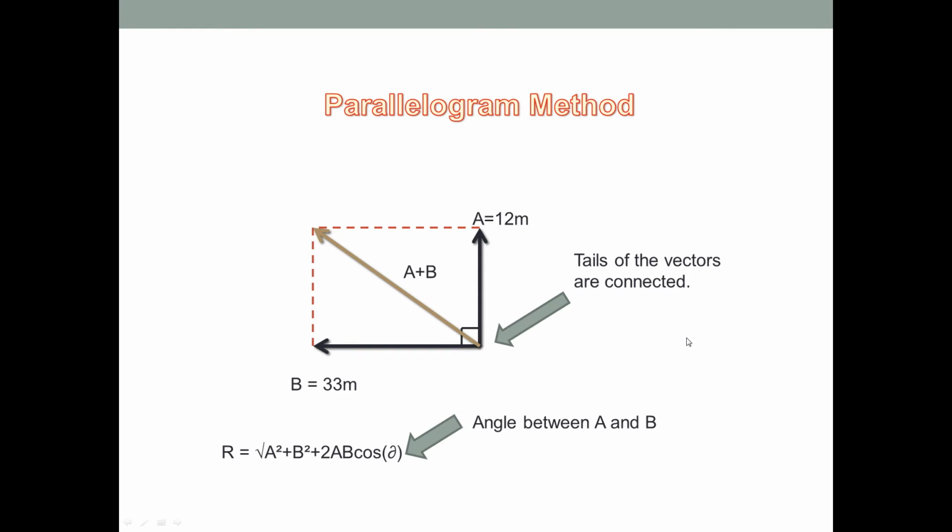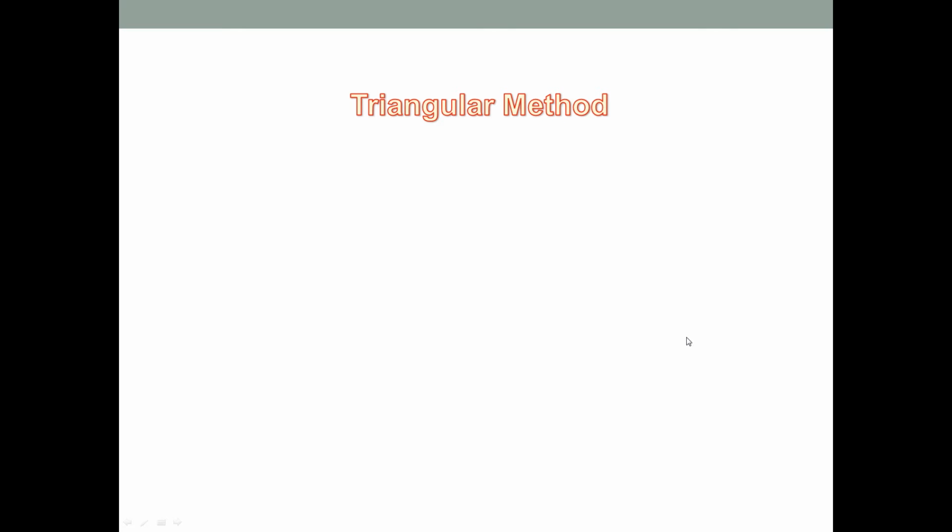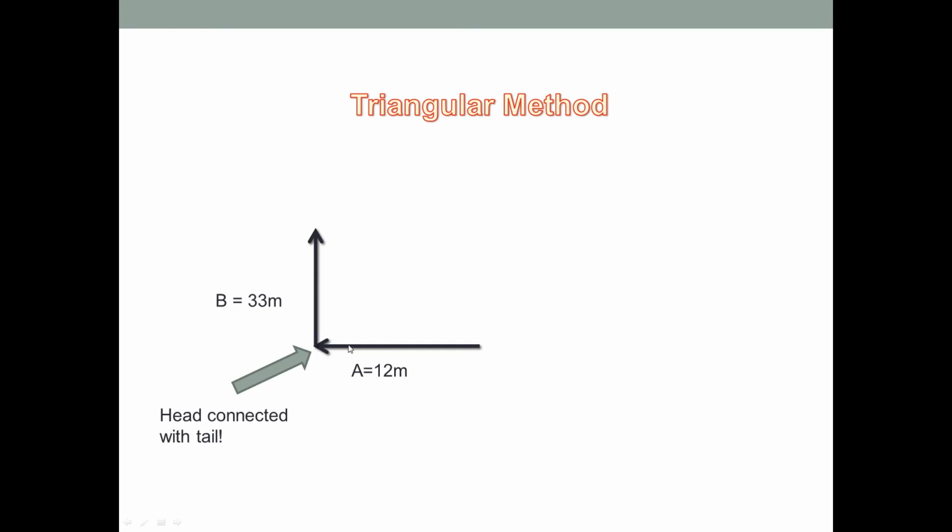So we're going to go to the triangular method. Okay, the only difference between triangular method and parallelogram method is the following. Remember, B was here when we did the parallelogram method. To do the triangular, we moved B here. And what's the major difference is that now the tails are not connected anymore. The head of A is connected to the tail of B, right? So you need to associate triangular method with the head of A being connected to the tail of B, and how you actually draw